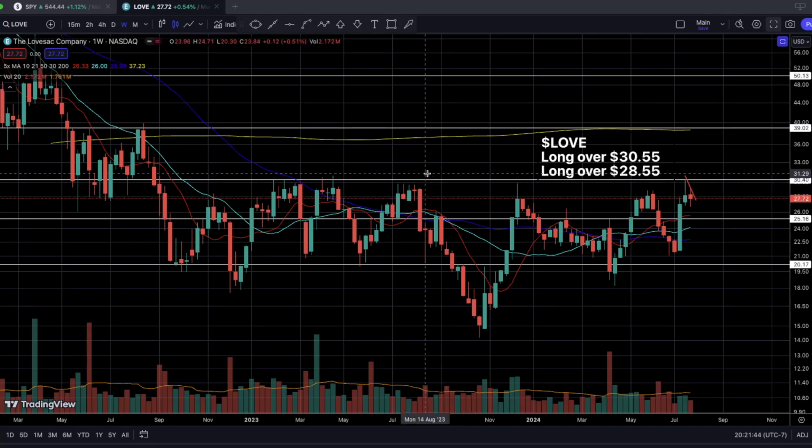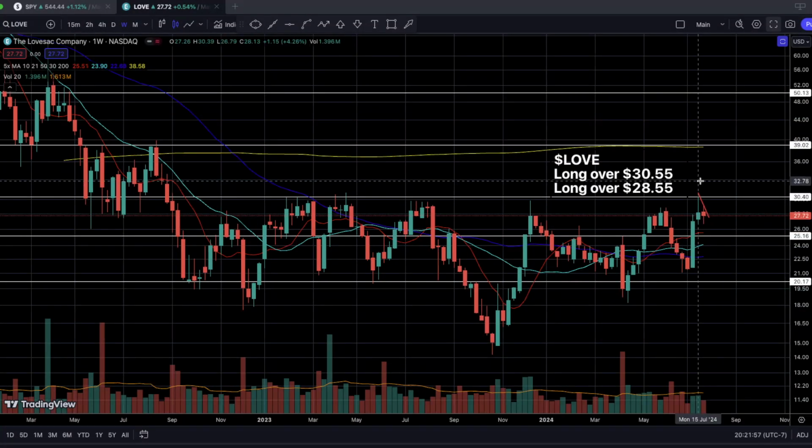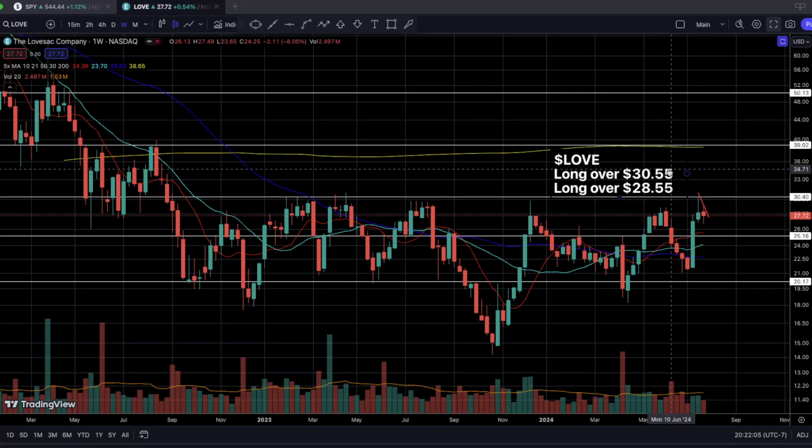And it's obviously showing us that there's a lot of accumulation going on here as the buyers and sellers are constantly battling out to make sure that the price is staying within this 10-point wide range. And so at some point, I'm expecting a very nice breakout over the base resistance level of $30. And that's the reason why I give you guys an entry point over 30.55